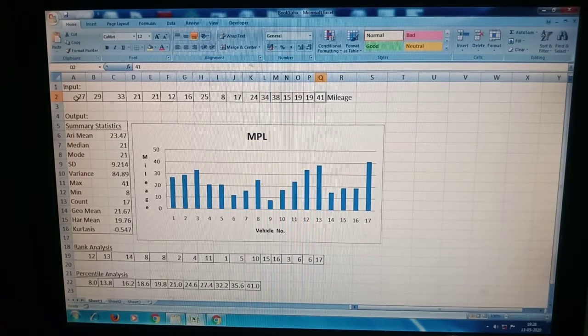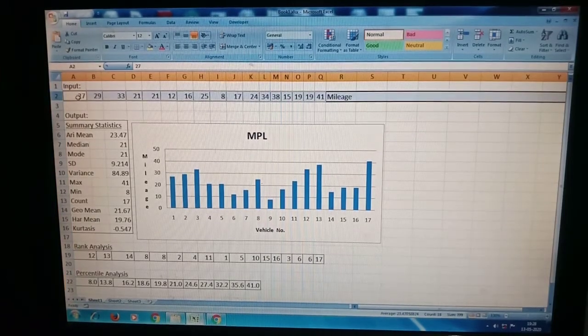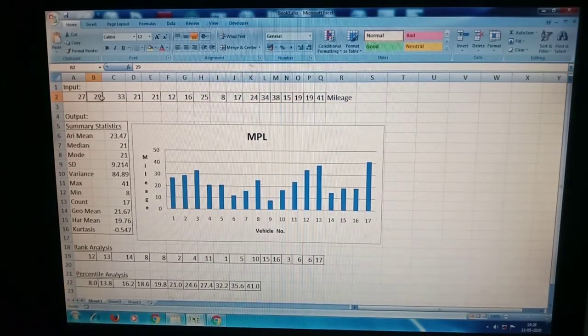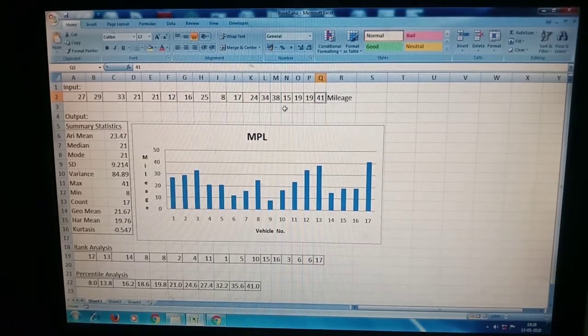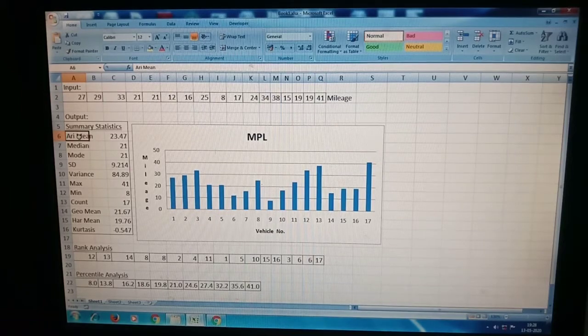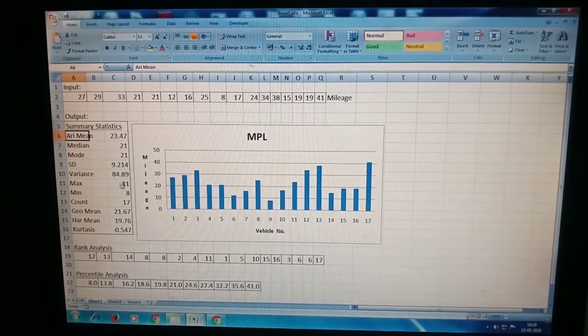Arithmetic mean of the input, I have typed the input from A2 to Q2 cells. You can see A2, B2, C2, D2, E2, like this it goes up to Q2. Arithmetic mean means average. For that we are using the function. This is the answer we got using the function.